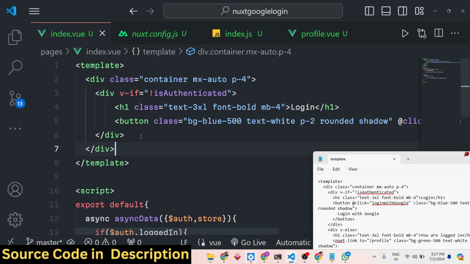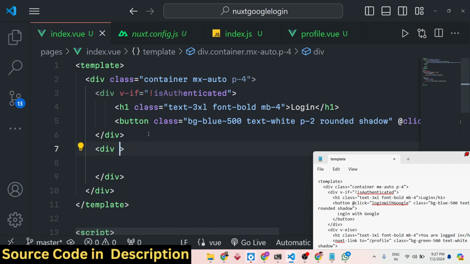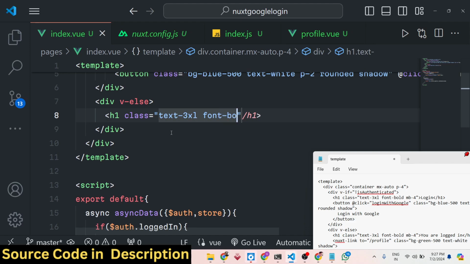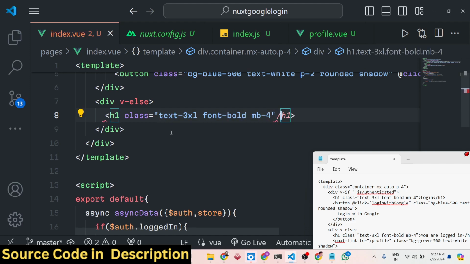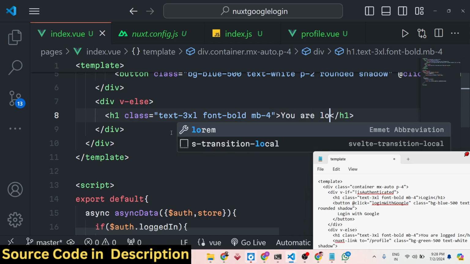after this button that you see right here, we will have another div tag, and this time we'll be defining the else condition. So if the user is logged in, if this condition evaluates to false right here, in this case we will be showing the user profile details such as the email address, display name and the profile picture. We will be giving tailwind classes right here to this also. So we'll be giving a heading to that. We will just put a message to the user that you are logged in,